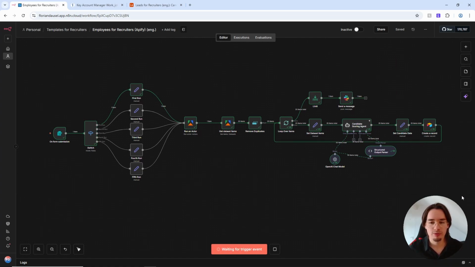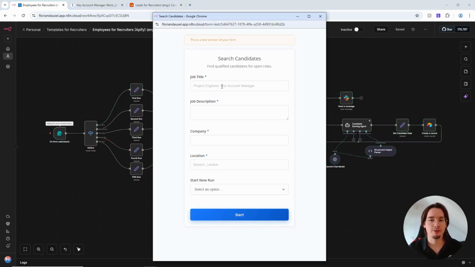So you can see the workflow right here. It's quite a short workflow. It's not very complicated and you can easily build it by yourself. And to start this workflow, you just have to fill out a form submission. And what you have to do to start this workflow is to fill in the job title and then the